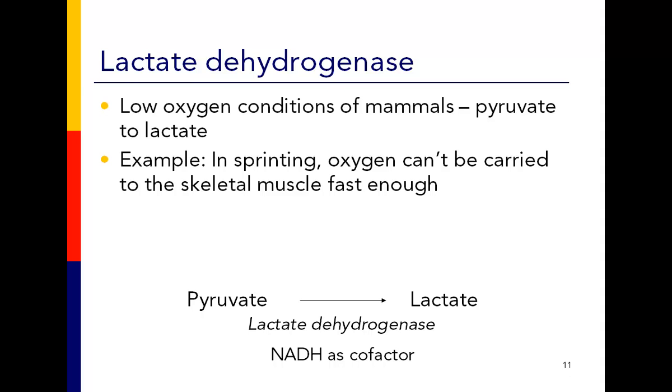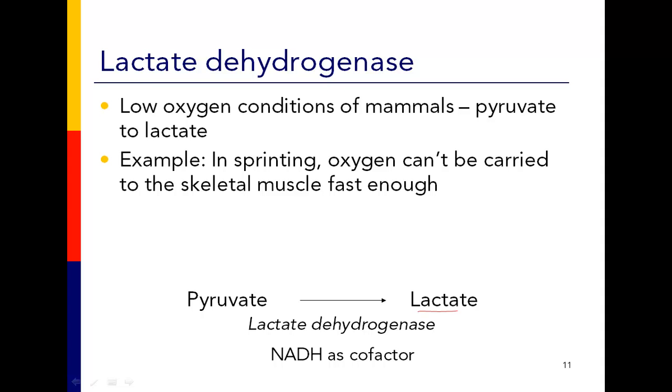Again, under low oxygen conditions, if you're a big animal like us, it's hard to get enough oxygen to your muscles if you're sprinting fast. So there's high muscle demand. Our hearts can't keep up with getting the oxygen to all the distant muscles. And so we have this challenging situation that we can't take pyruvate all the way through acetyl-CoA to respiration in the mitochondria. So we have this temporary stopgap measure. Pyruvate is